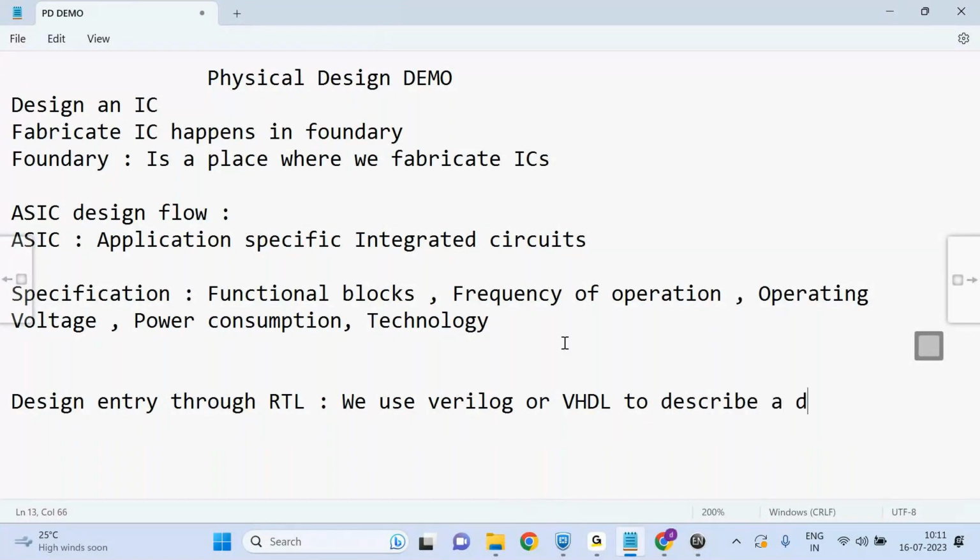a design. So why do we use Verilog or VHDL? Can anyone tell me? Why are we using Verilog or VHDL to describe a design? Why not any other languages? Why do we have to use that programming language? Describe the behavior of the circuit. Yes, very good. See, for any circuit, describing from its behavior is easy, but describing from